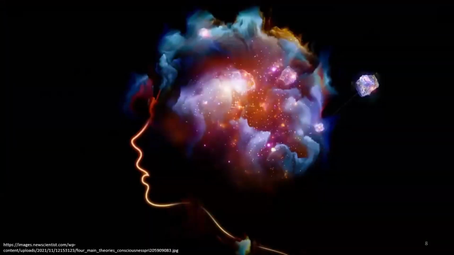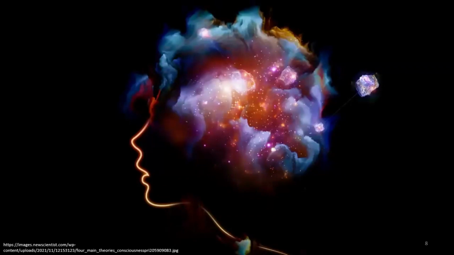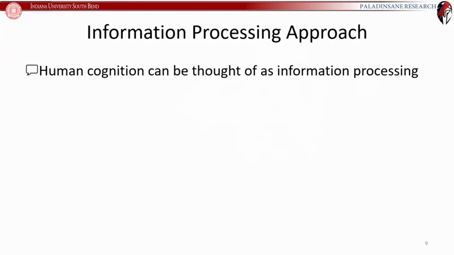All right, so back to the human mind, back to our trying to understand what is going on inside ourselves when we take in information, somehow process that information, combine it, delete it, change it so that we can do intelligent cognitive behavior. What do we mean by that? Well, what we're talking about is the information processing approach. It's the idea that human cognition, what we consider to be thinking, what we consider to be problem solving, what we consider to be the core aspects of what it means to be a human and to have human behavior and human thoughts,